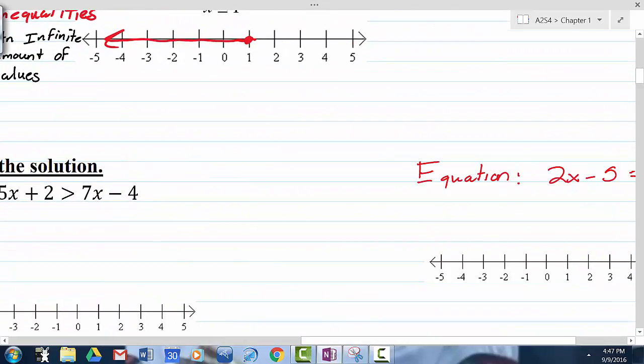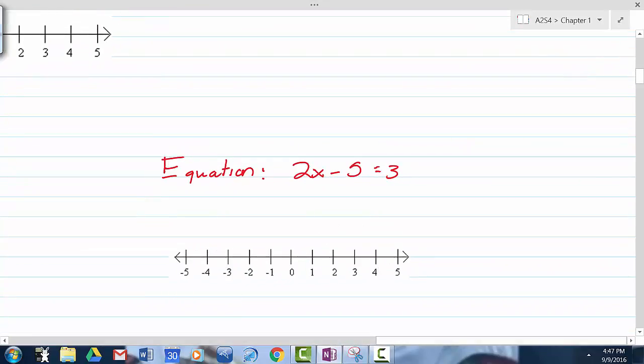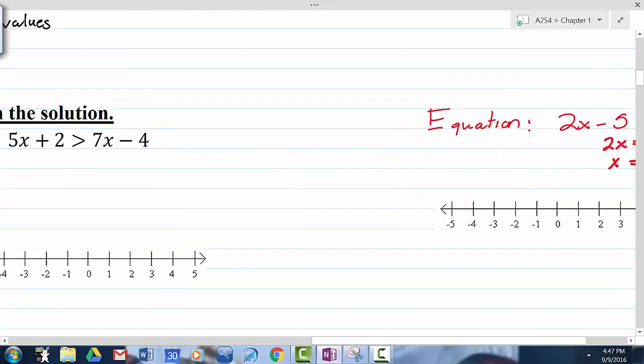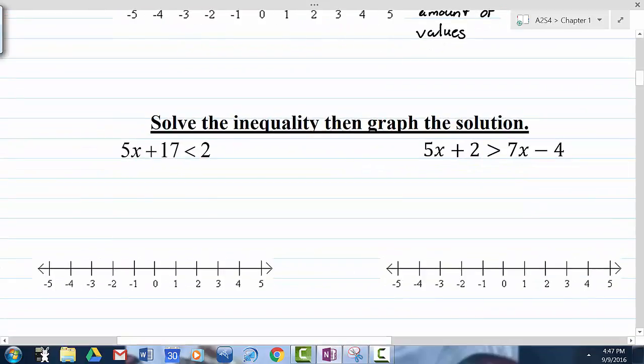First, before we do that, we'll go over to just an equation. Say 2x minus 5. If I was to solve this, right? Adding 5, that's 2x equals 8, right? And then x equals 4. Again, one value. So if it's one value, that one value is 4. However, with inequalities like these,